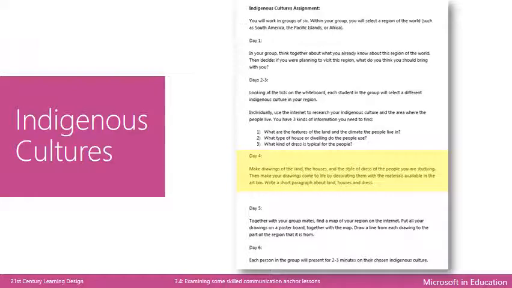However, the work the students are engaged in is descriptive, and there is no need to make any claims or provide evidence. Although they make a presentation on day 6, it will be based on the descriptive accounts they have researched and the pictures they have drawn.